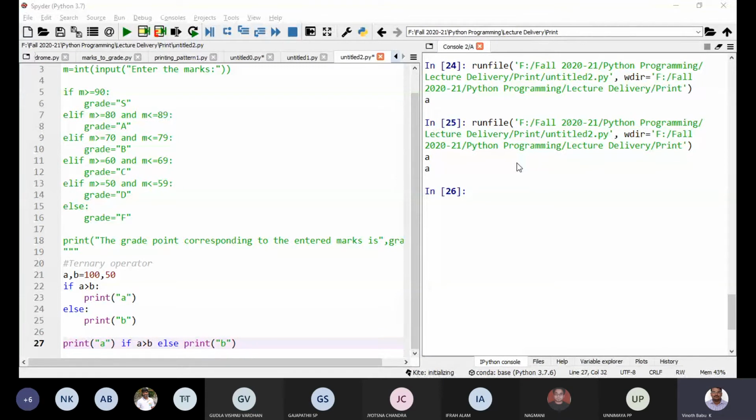So now I'll start the third logic, that is iterative flow. First we will discuss for loop, then we will discuss while loop.